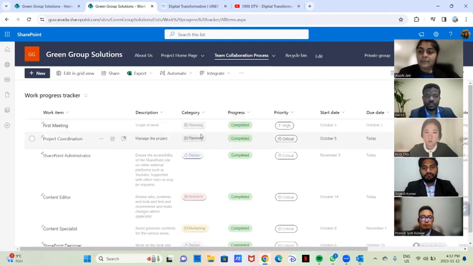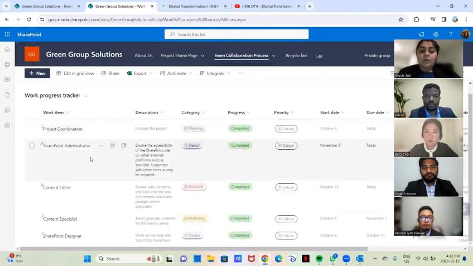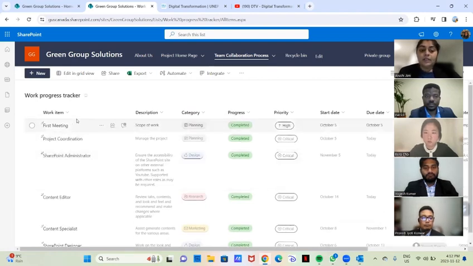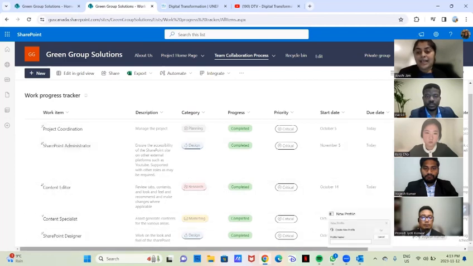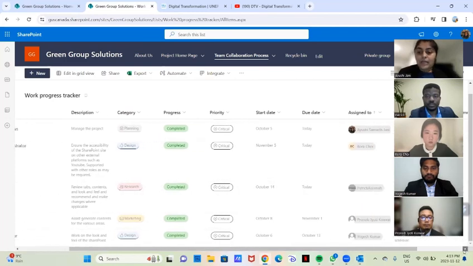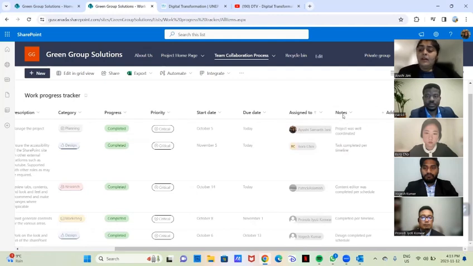Now, I would like to talk about the progress tracker as well. This is much more of an in-depth tracker where we have all the work items or all the tasks that were done throughout the process of planning the SharePoint, and also the scope of work where we have described in detail the tasks that were assigned to the team members, and the category, the progress, the priority, start and end date. And also we had the notes section